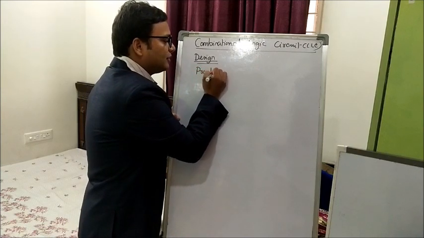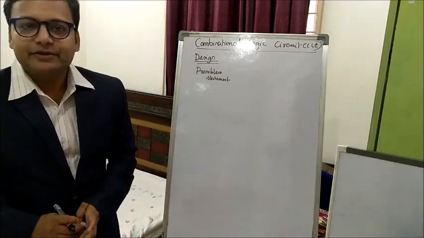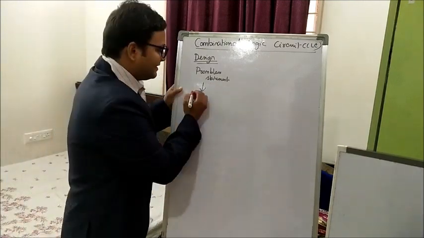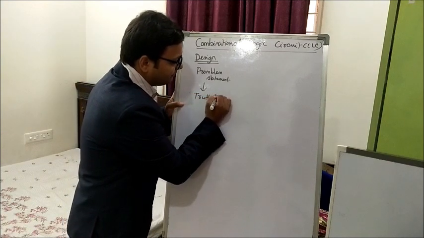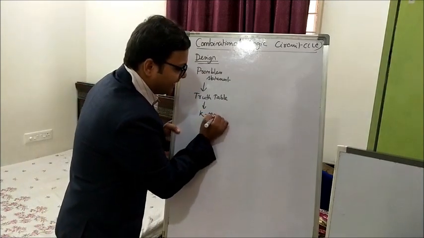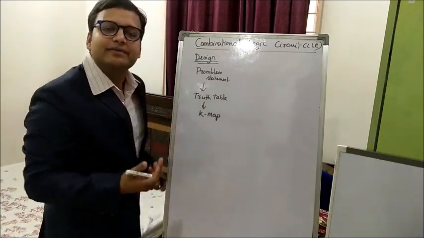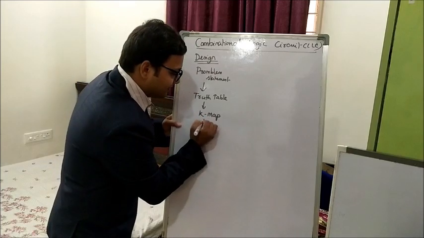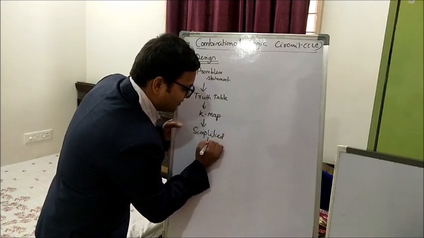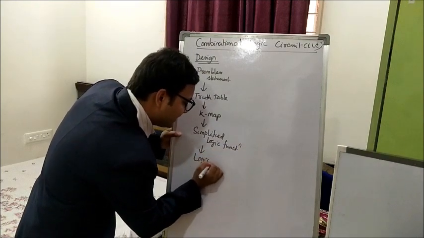You need to know the problem statement. After that, you need to know the behavior of the design you are going to design, which can be obtained from the truth table. Then you need to perform the K-map in order to simplify the logic, to reduce the number of literals, the number of variables required in the design. So then we will get the simplified logic function, which can be realized in terms of logic design.